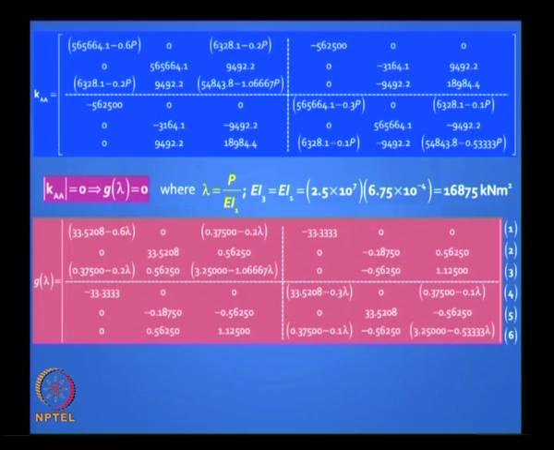What method do we use to get lambda? You get 6 eigenvalues in this. We are not interested in all 6, we are happy with the first one. If it is a dynamics problem, by the way dynamics is similar to instability in this respect, then you may be interested in higher eigenvalues also, because higher natural frequencies get excited by arbitrary loading, but in buckling you do not have that problem,